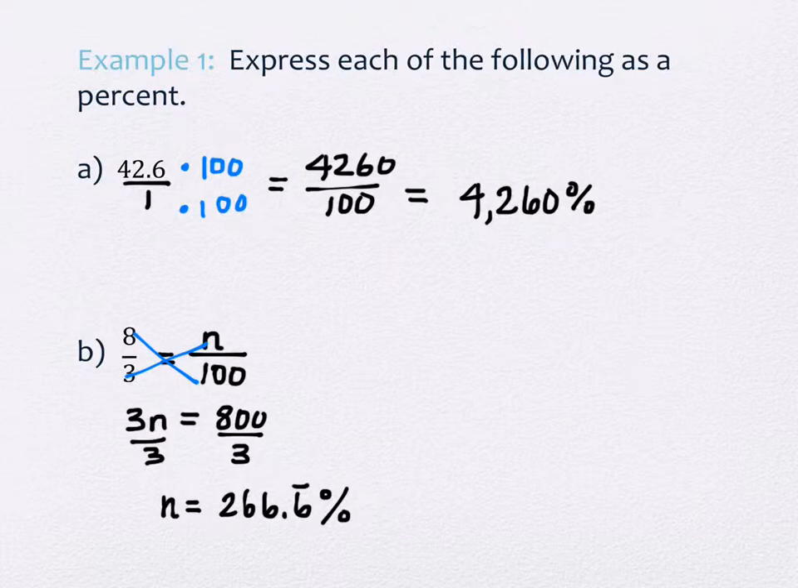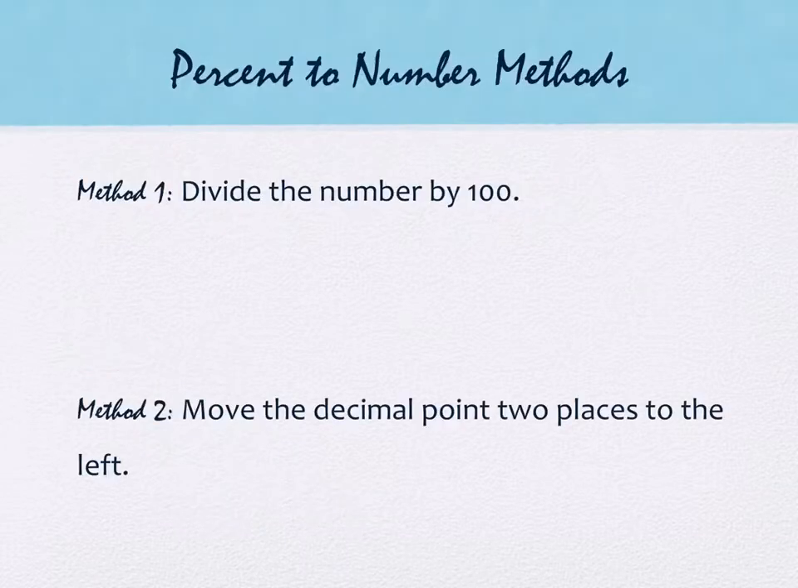All right, we're going to go the other direction as well. We're going to take a percent and turn it into a number. So there's a couple of methods to turn percents into numbers. The first one is to simply divide the number by 100. So for instance, I guess I didn't write an example down on this. I've got one in a minute. But if you were taking the number